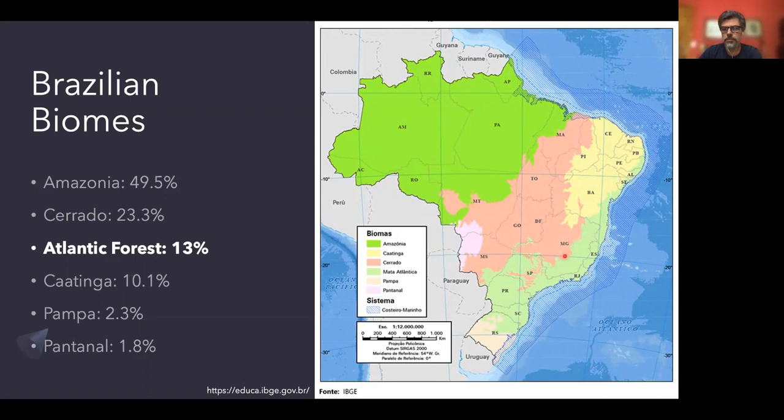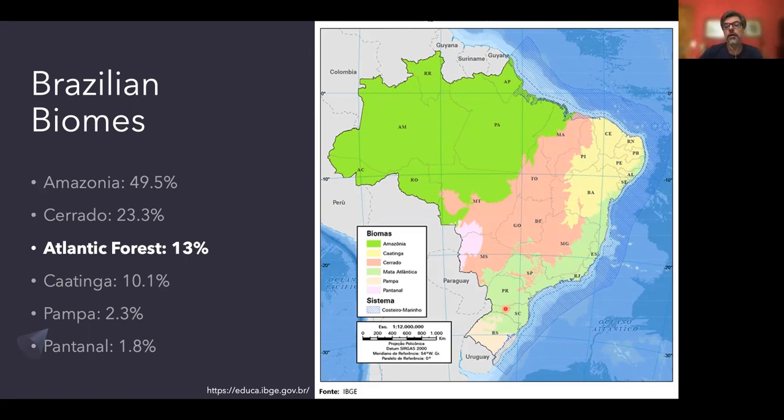In southeastern Brazil, it starts going inland and then goes all the way inland here into Paraguay and Argentina a little bit. Okay, so that's kind of different from the Amazon, which is more of a round shaped biome. The Atlantic forest is a long, sometimes narrow strip, sometimes not very narrow, but anyway,